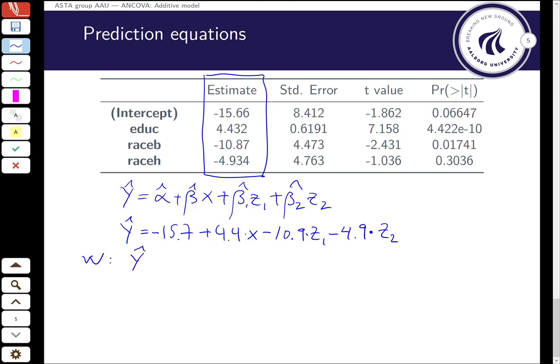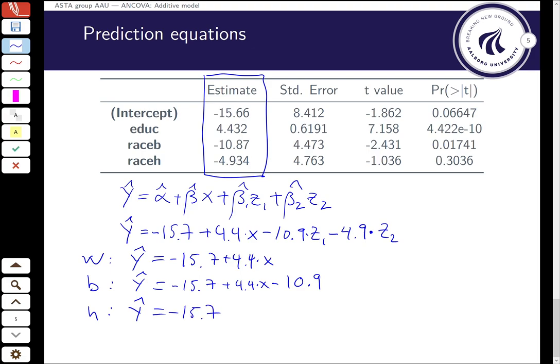So we can do one for white. That's also what we call the reference group, right? The prediction equation for white is minus 15.7 plus 4.4 times x. For, say, black, now I have to remember black is the first one. So you can see up here from the names in the table that z1 is equal to 1 and z2 is equal to 0. So we have minus 15.7 plus 4.4 times x minus 10.9 times 1 plus 0. And for the Hispanics, we then have the prediction equation minus 15.7 plus 4.4 times x minus 4.9, like this. And of course these can be simplified to, well, this is 26.6, if my calculus is correct,